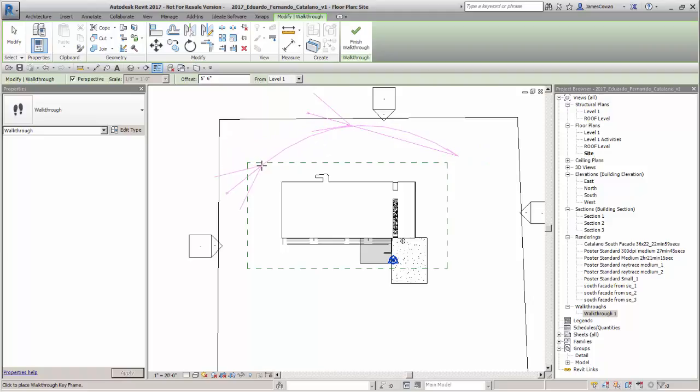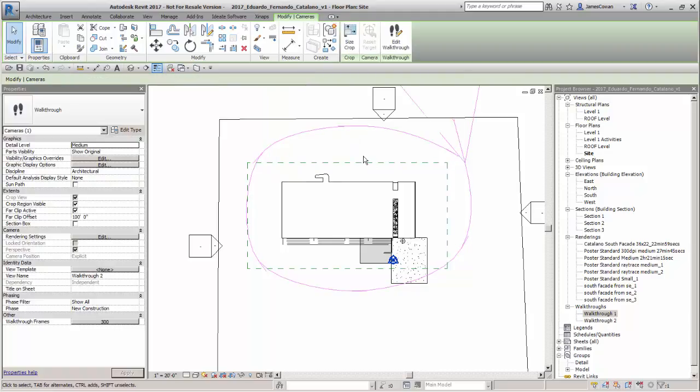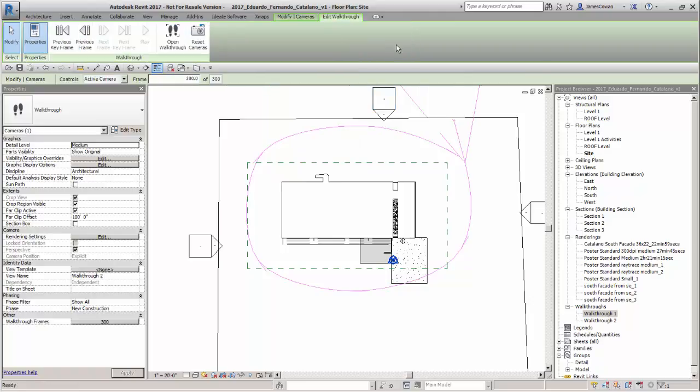Every time I click like I'm doing now, that's a keyframe. And it creates a transition between those keyframes. So I'm just going around the building, and later on you'll see that I can change the position of those keyframes, add to them, smooth out my path, all of that stuff. So if that's done, there's the keyframe. So there's the path with its keyframes,